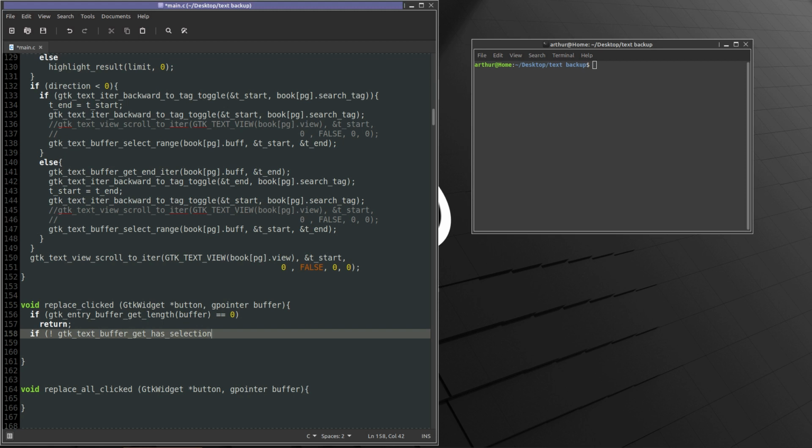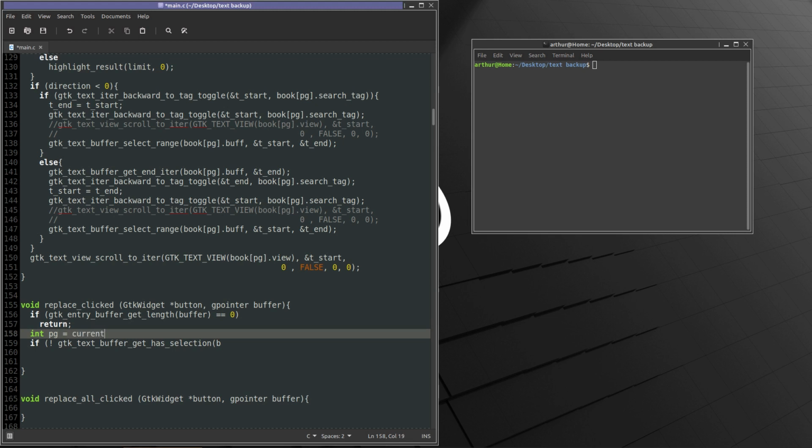So that returns a Boolean. It has a selection made or it does not have a selection made. So here we're going to have to have a page number. Int page equals